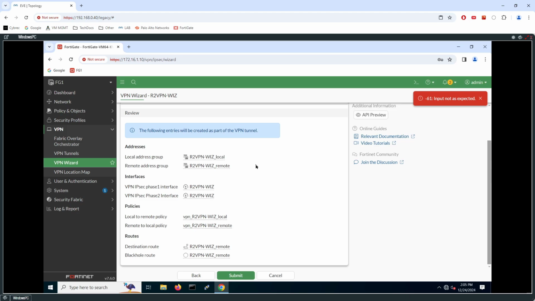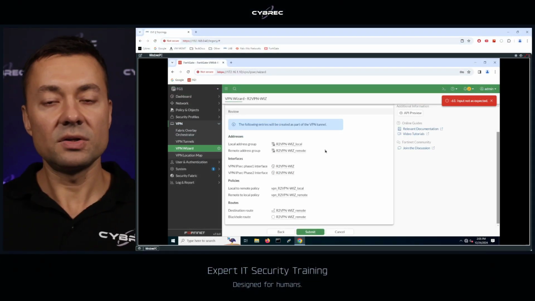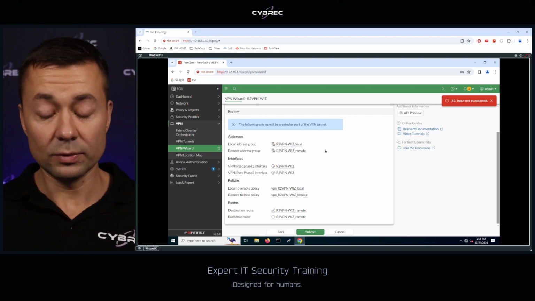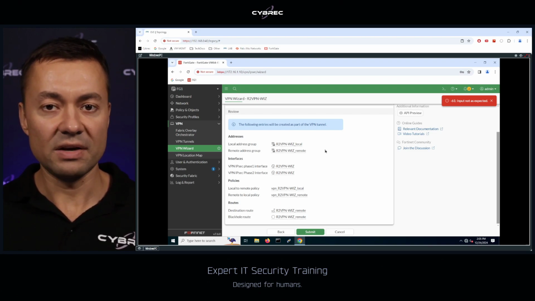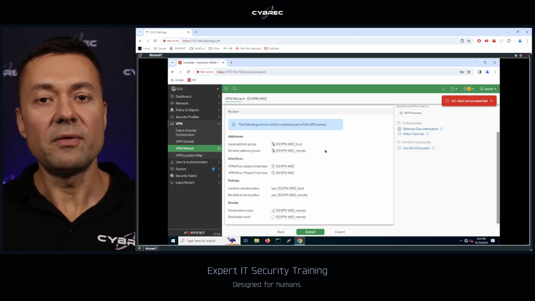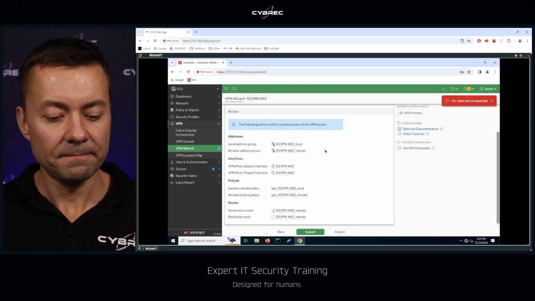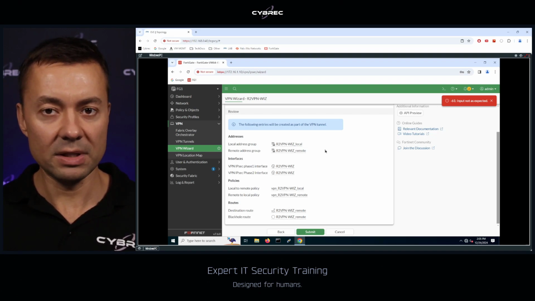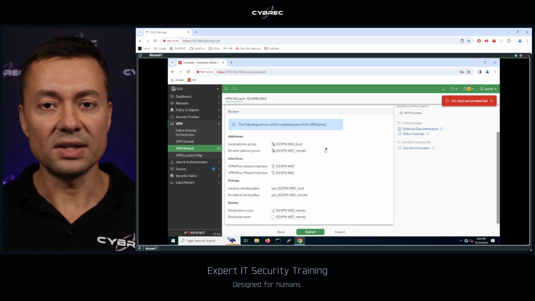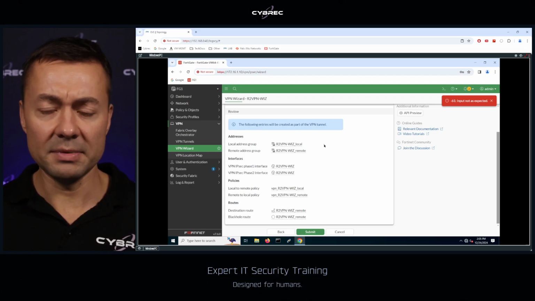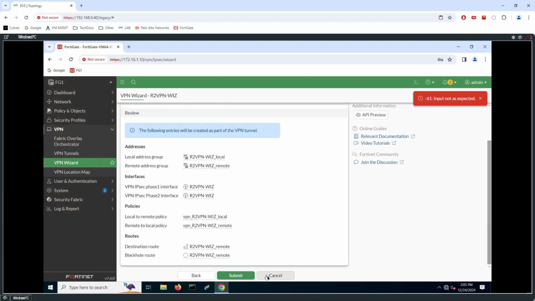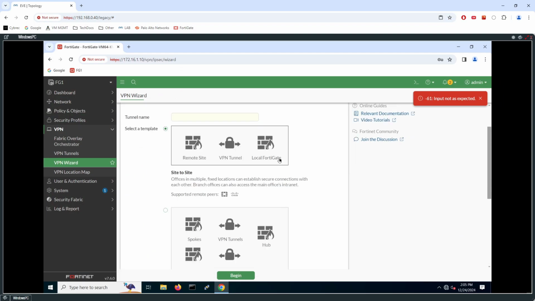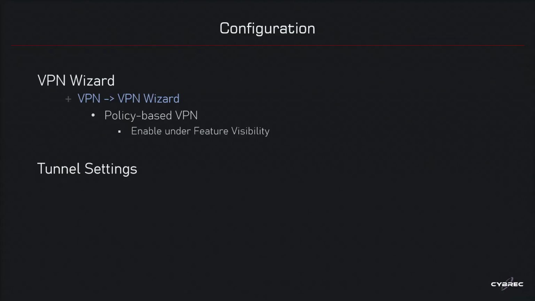But the problem, as you can tell, is that because of the permanent license limitations, or this particular code, 7.6.0, for some reason the GUI is not happy with the settings and the type of settings that you can put for the wizard, or even the tunnel settings, like when you configure the tunnel from scratch. It just doesn't take this configuration. It's probably a bug or a limitation of the license, and because of that, we will not be able to actually test this setup. But I will still want to show you the other approach,